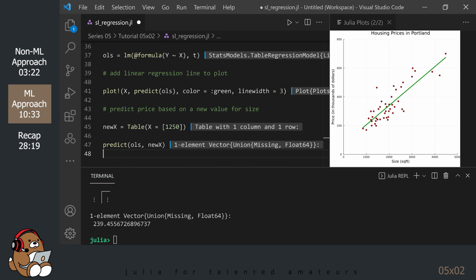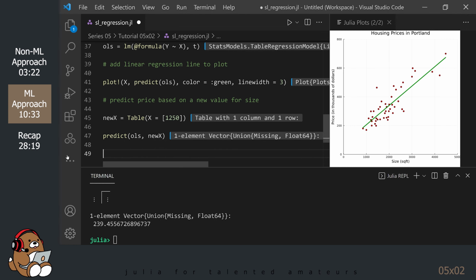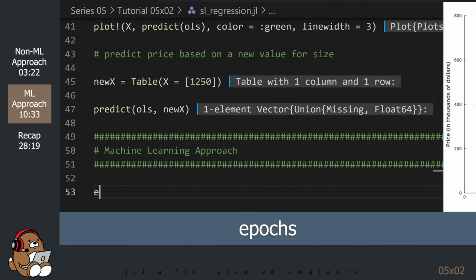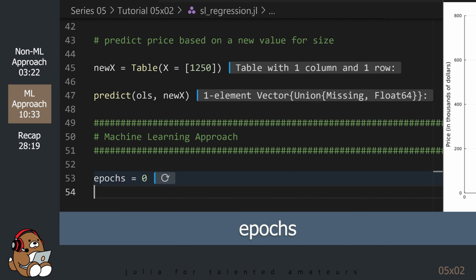Rather than sitting through a boring lecture about abstract machine learning concepts, let's dive right into the code and learn by doing. I'll provide the explanations along the way. Set up a variable called epochs, or epochs. Either pronunciation is acceptable.